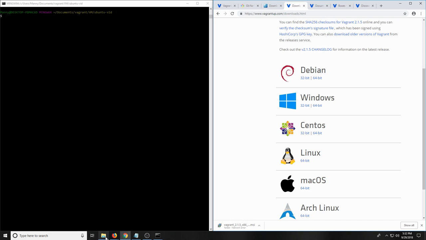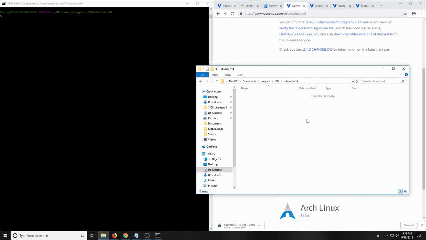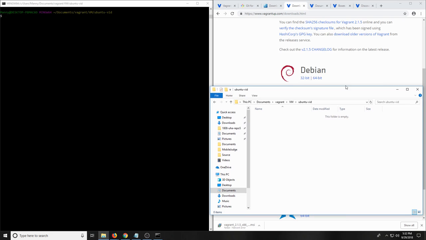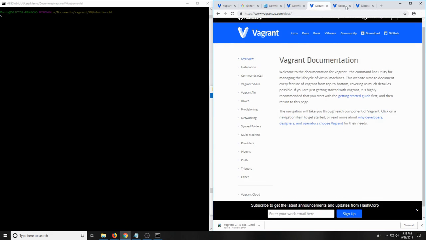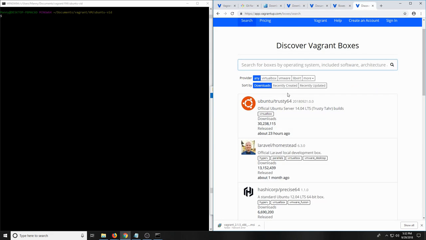So once that's all done, you're going to want to create a directory for your Vagrant virtual machines. So in this case, I created some folders in my documents folder. I created a Vagrant VM, and for this video I created an Ubuntu folder. So once you've created and set up your structure for your Vagrant virtual machines, you're going to want to look for the box that corresponds to